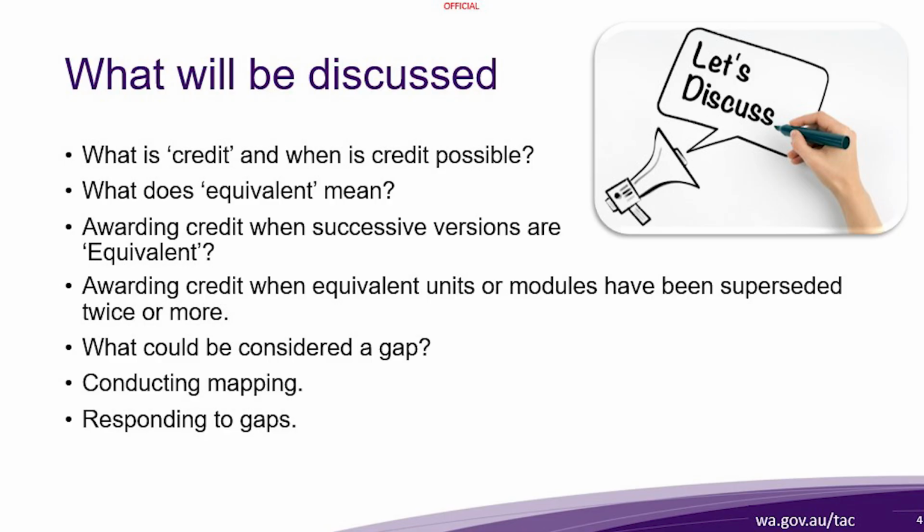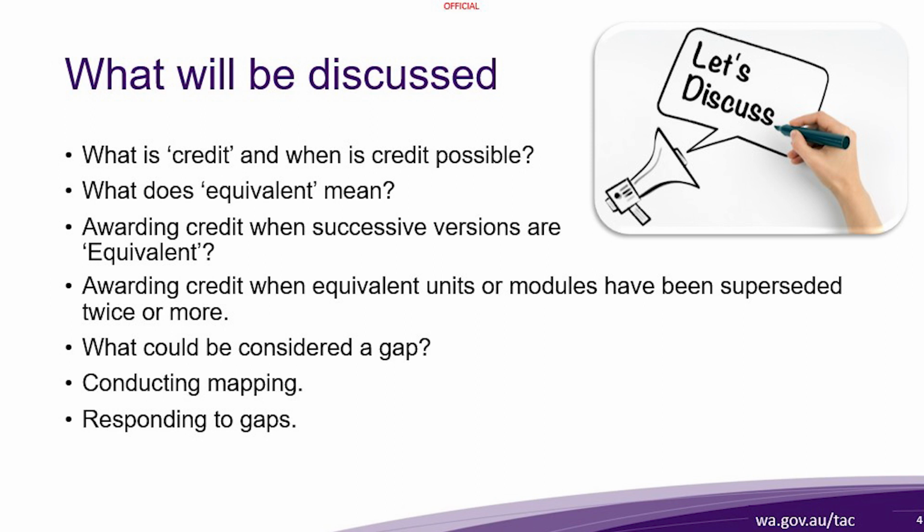So what we're going to talk about today is, first of all, what is credit and when is credit possible? We'll have a quick look at that, and it really is important that we understand the function of credit and how credit works within a competency-based system where we have units of competency that define outcome standards. So we then need to ask the question, what does equivalent mean? Because one of the ideas within the context of this webinar is that credit can be granted for equivalent units as well as for the actual units, but there are conditions in relation to that, so we need to understand